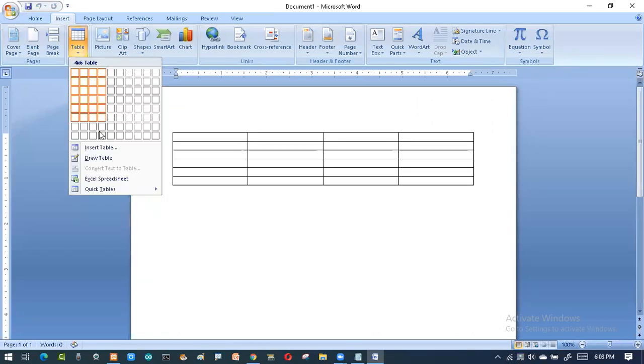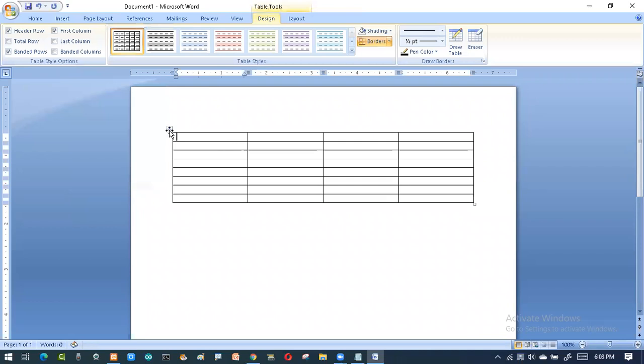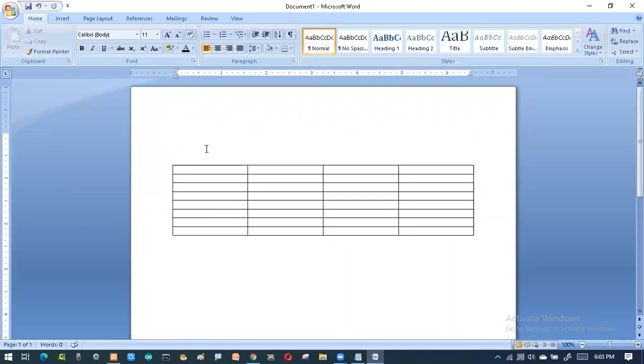So this is my table. Assume it is my student table. It has some columns. Say I have roll number, name, address, and contact number. Like this we have the structure.